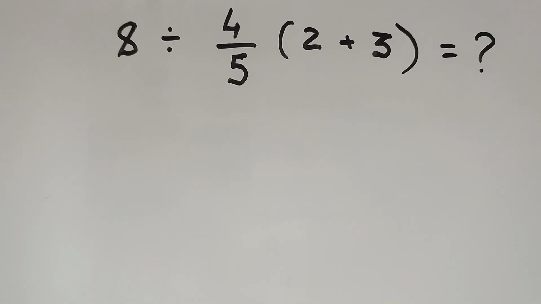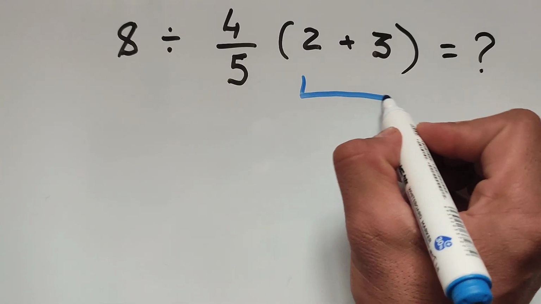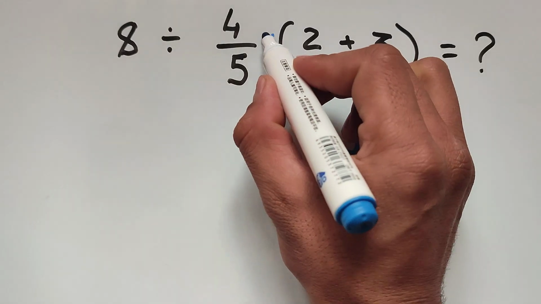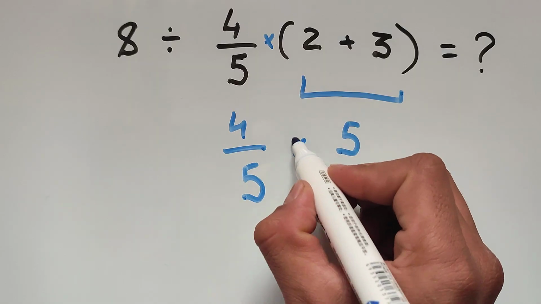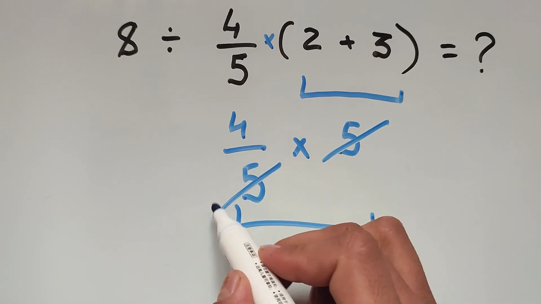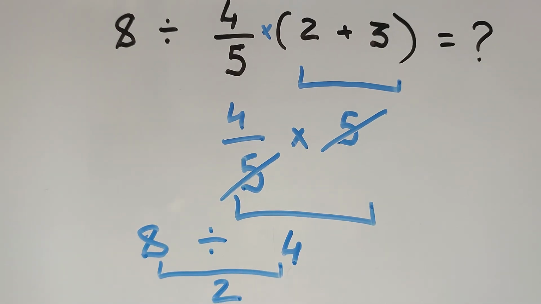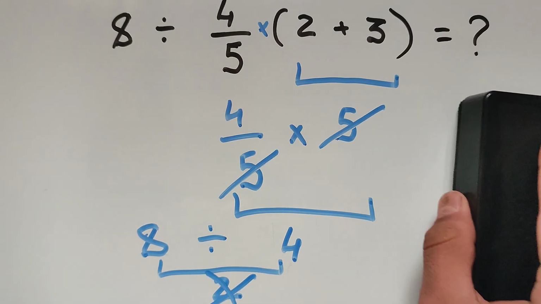Let's begin to solve this tricky math problem. First, we have to work there. 2 plus 3 equals 5. And there is multiplication here. 4 over 5 multiplied by 5. Here, we can easily cancel this 5 and this 5. It equals 4. And 8 divided by 4 equals 2, but this is not the correct answer because